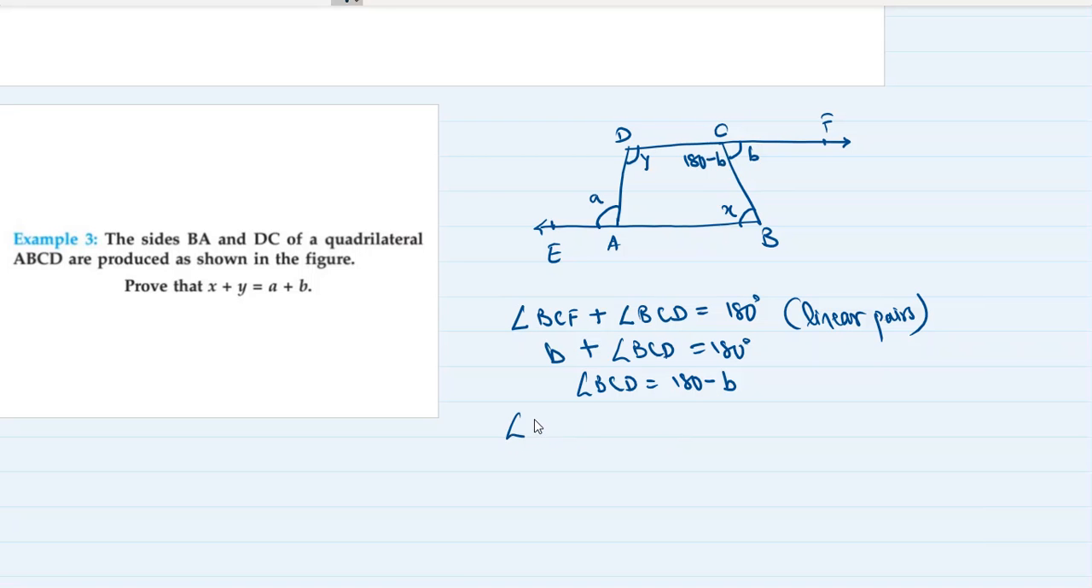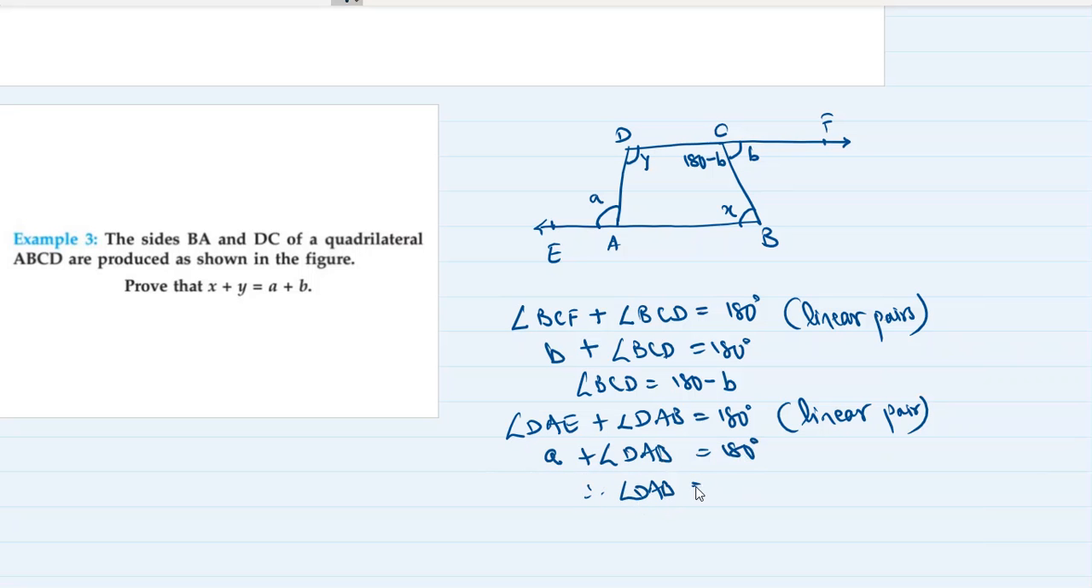Similarly, angle DAE plus angle DAB is equal to 180 degree. Why? Because they are linear pair. So DAE is A plus angle DAB is equal to 180 degree. Therefore, angle DAB is equal to 180 minus A. Okay, so this one is 180 minus A. Okay, now